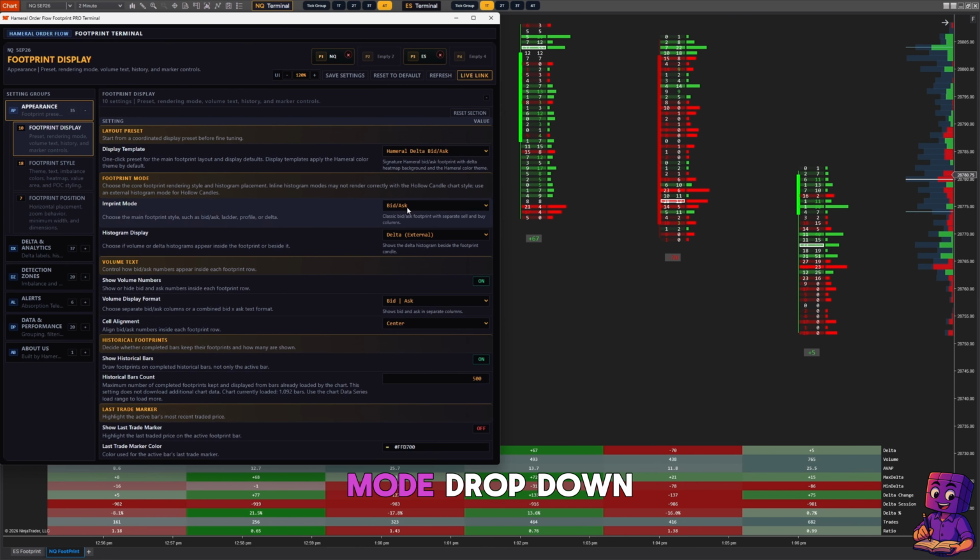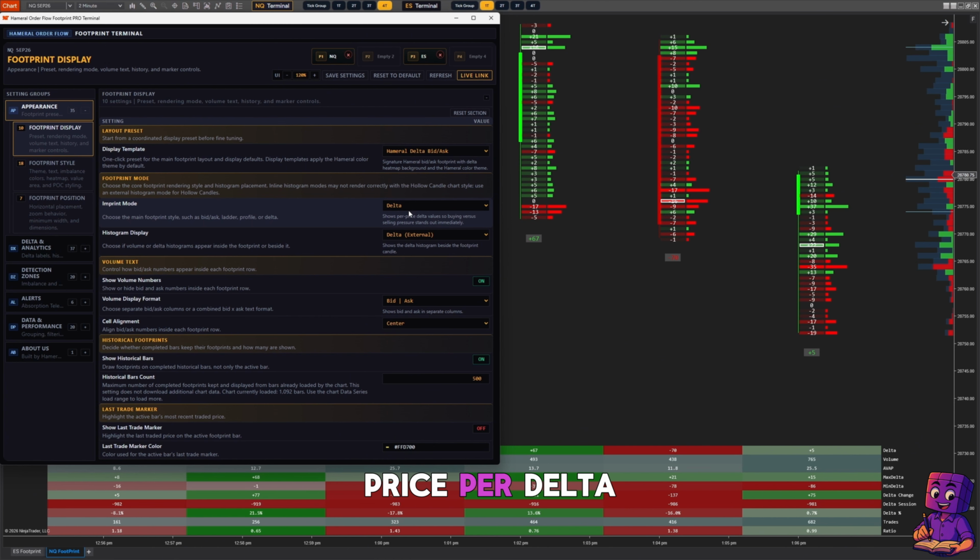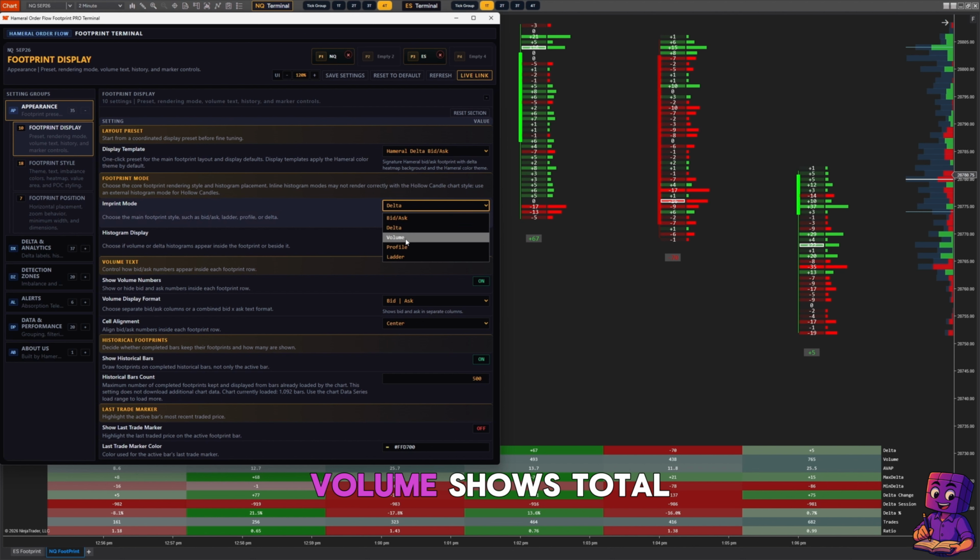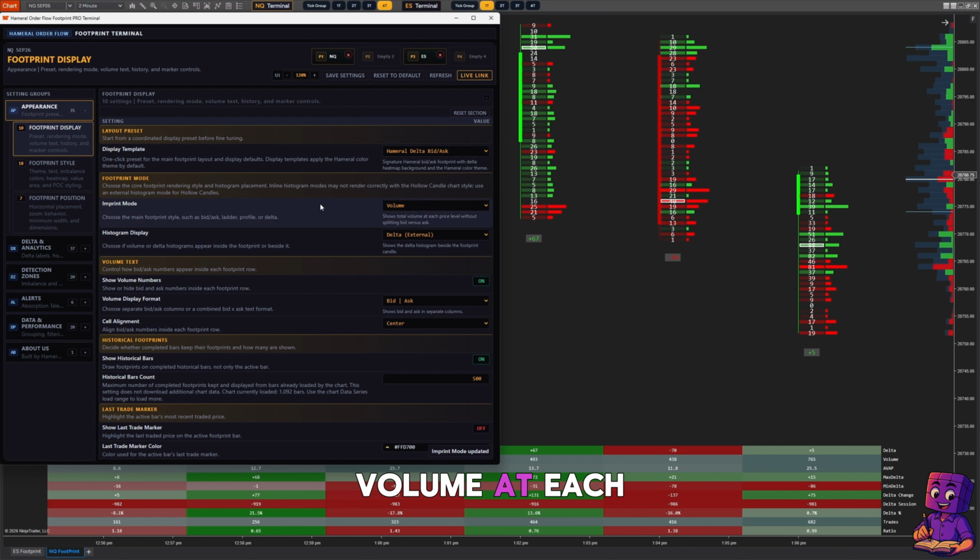In this footprint mode drop-down section, we can see that this is the same setting each of those presets was adjusting behind the scenes. Bid and ask is the classic footprint with separate buy and sell columns. Delta shows us per price delta values directly, so buying versus selling pressure stands out immediately. Volume shows total volume at each price level without splitting bid versus ask. Profile